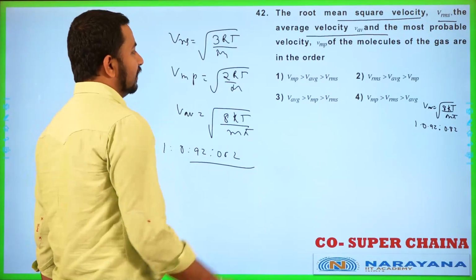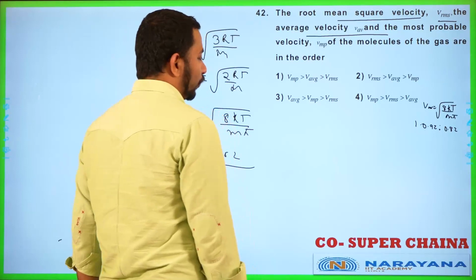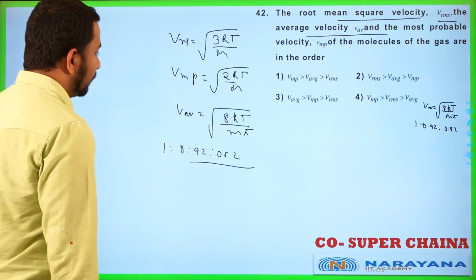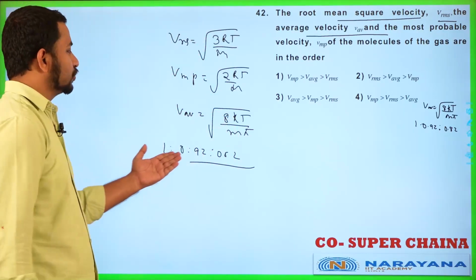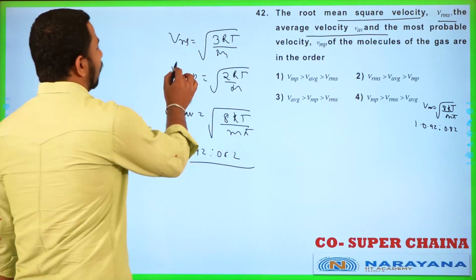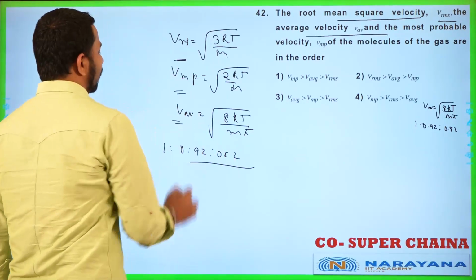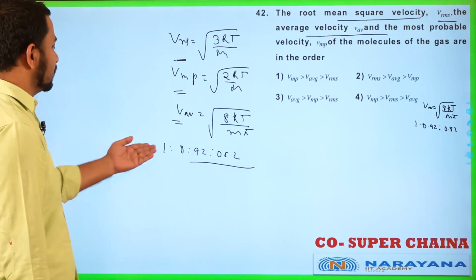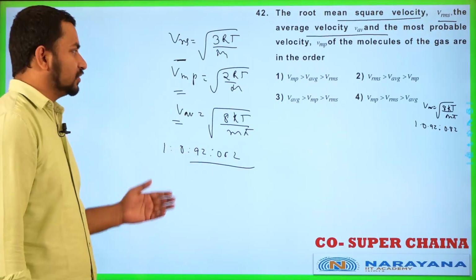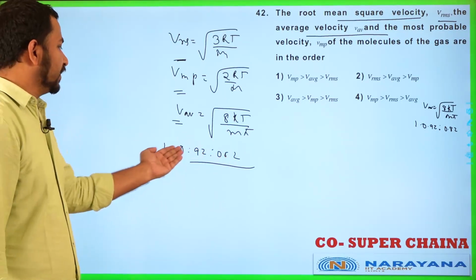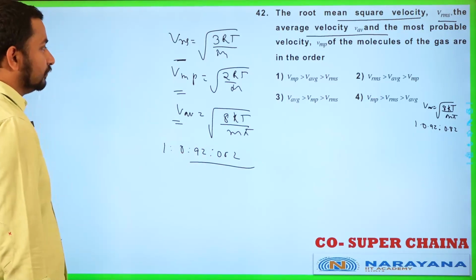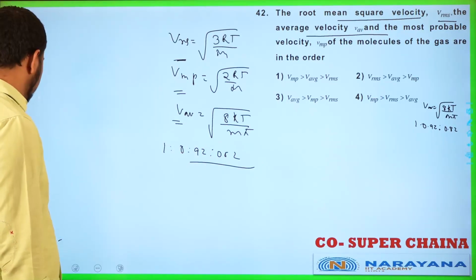So from here we can analyze which one is more. The ratio will be this. This expression is very useful in our calculation. So you have the idea of this ratio, and from here we can easily compare which one is more, which one is less. Okay, so let's move to the next question, students.